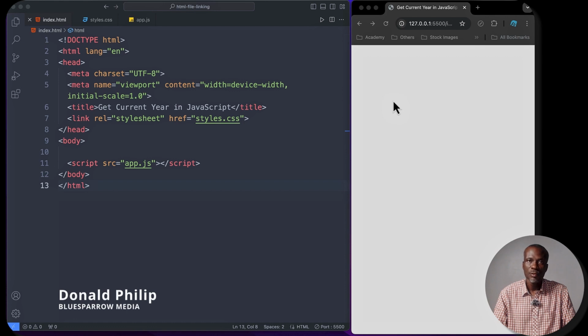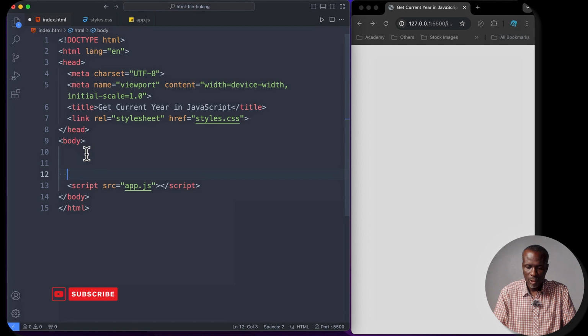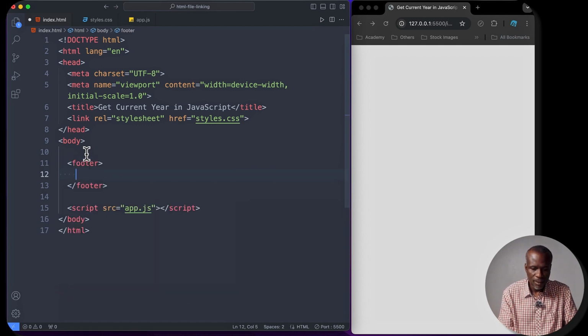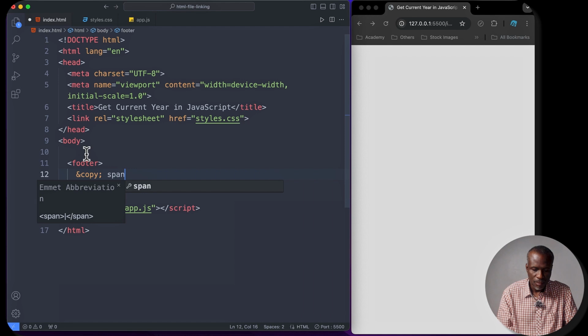In today's video, we'll be looking at how to add dynamic current year in the footer of your website using JavaScript. So I have my Visual Studio Code open and the browser open towards the right side, and I have the JavaScript external file linked already. So what I'm going to do is add the footer, just a simple copyright symbol, HTML copyright symbol. Then I'll add span